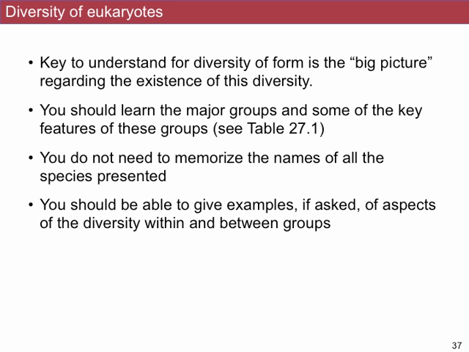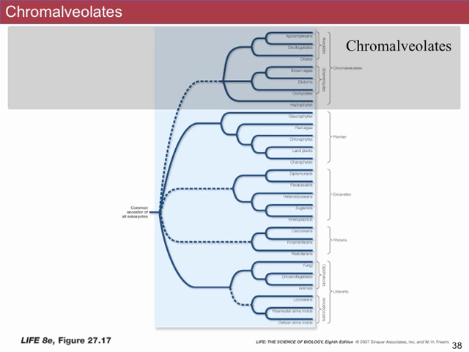Okay, so big giant group number 1 is the Chromalveolates. The name sort of comes from a combination of 2 different lineages. One that were called the, I don't even know the original name, and the Alveolates, as we will see. And they've been merged together into one giant group that people think may share a common ancestry with each other.